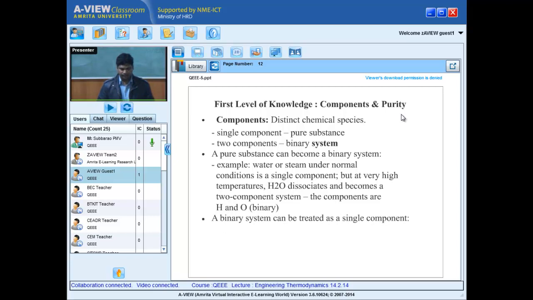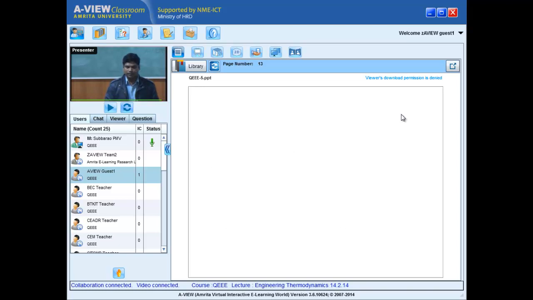Most interesting. The next one is that a binary system can be treated as a single component. I have given you many examples of dealing with air. If the purity of the air doesn't change within our system with time or with space, then you don't have to worry. You can create one gas constant, one molecular weight, one density as a function of pressure and temperature, the way we do for air. Air has a pseudo molecular weight. It is a mixture, but still we create a pseudo molecular weight, a pseudo gas constant, etc.